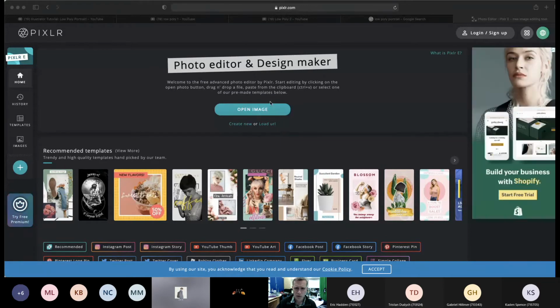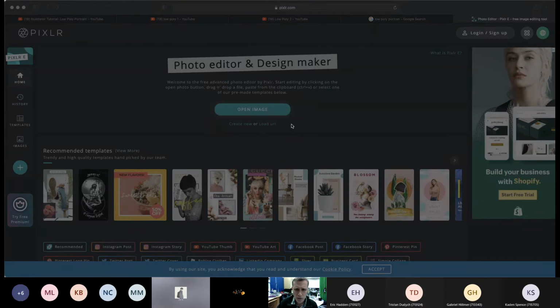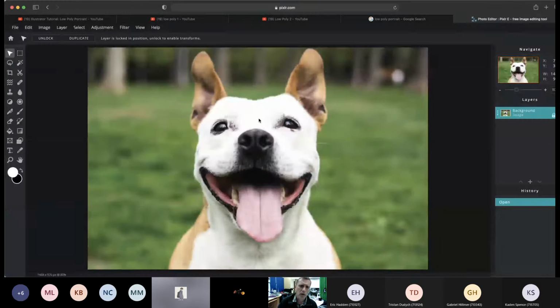Let's say this as... let's go back to here, open image. Do I have doggy? Here we go. So here's my image. I just opened it up on Pixlr, and